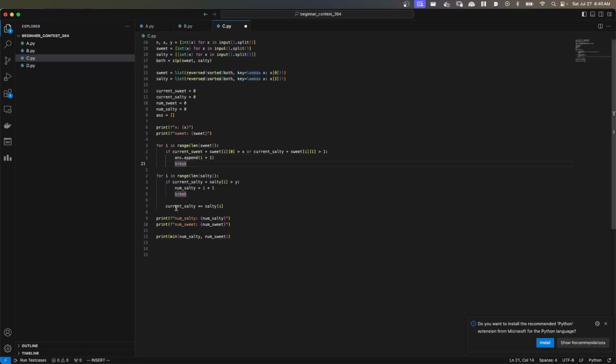And then we want to do the same thing for salty. It's going to be the same condition, and or current sweet plus salty I0 is greater than x. We'll do,